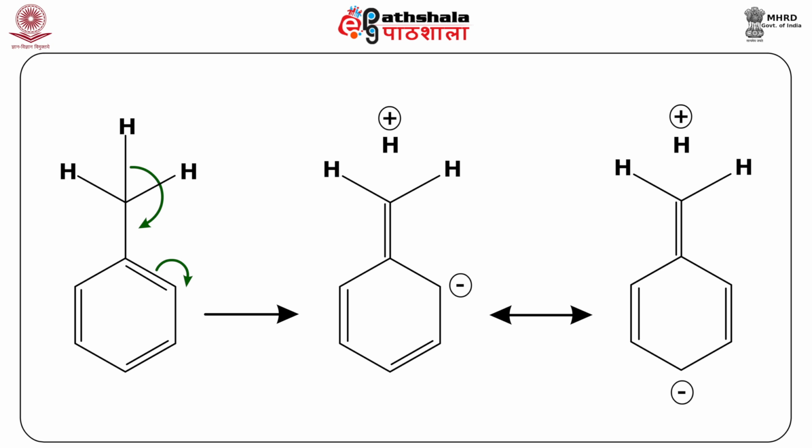These two effects will thus aid the attack of the electrophile, albeit very weakly. So, alkyl groups should be mildly activating. You can see the difference between the first category and this fourth category is that these are mildly activating. Also, they are weak ortho and para directing groups, and this can be seen by the resonance hybrids of the